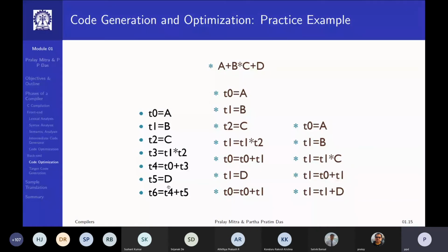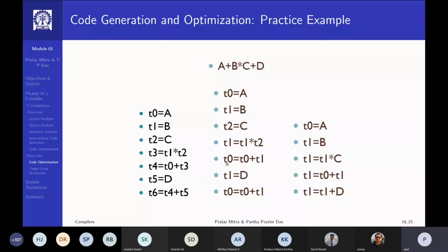You can easily see that you don't need so many temporaries. T3 is not needed because T1 is getting used here. So T1 gets free, so you can free up T1 and write the T1 here. Similarly, T4 you don't need. T0 is getting freed up, so you can reuse T0.